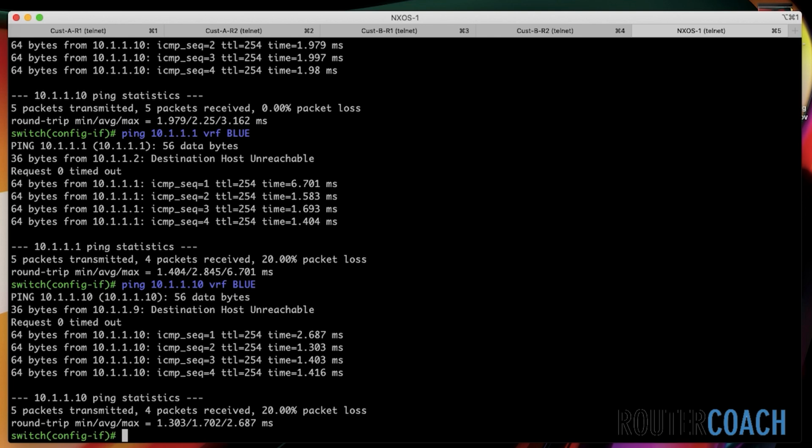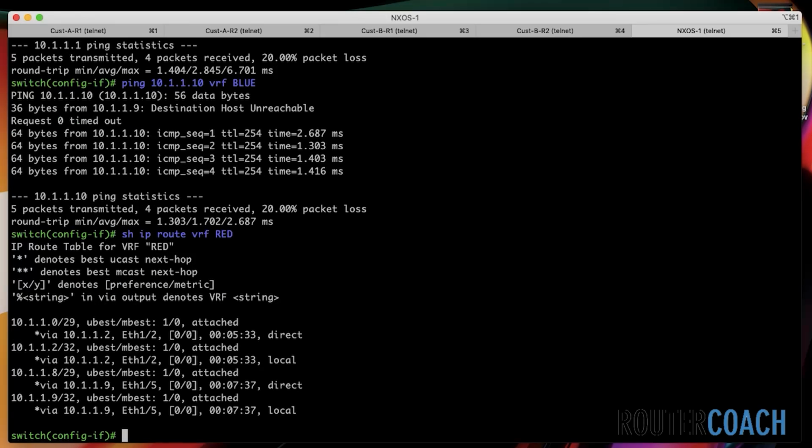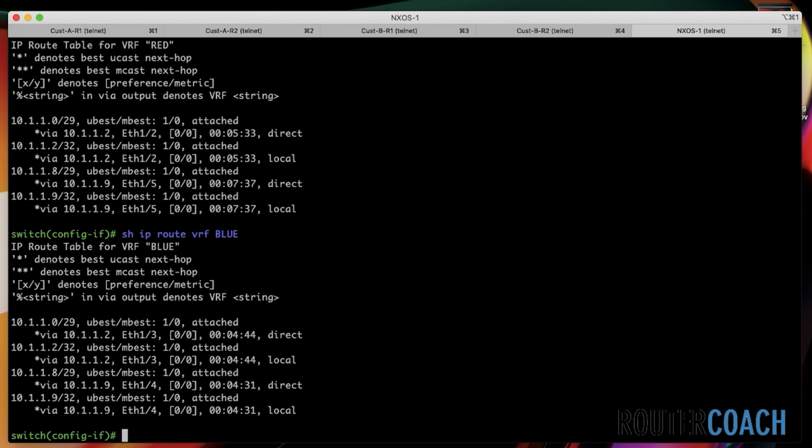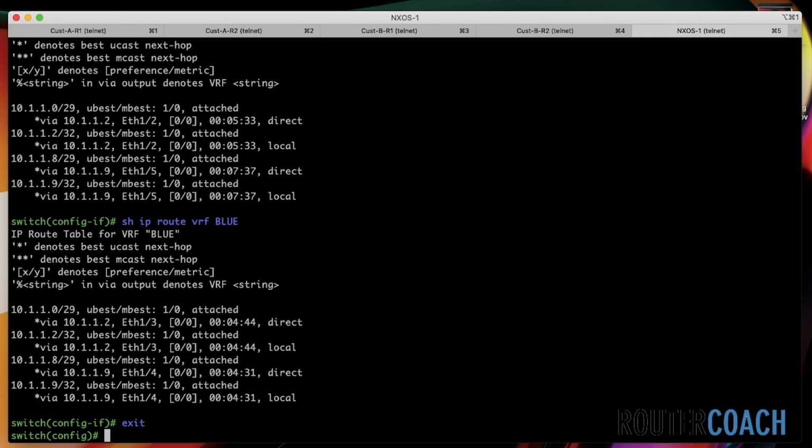So if I say show IP route for VRF red, yeah, I don't see these loopbacks, and do the same for VRF blue. No. So now what I need to do is actually get an OSPF connection to those loopbacks for each individual VRF. So the way I'm going to do that is, first I will enable OSPF, so feature OSPF, and then